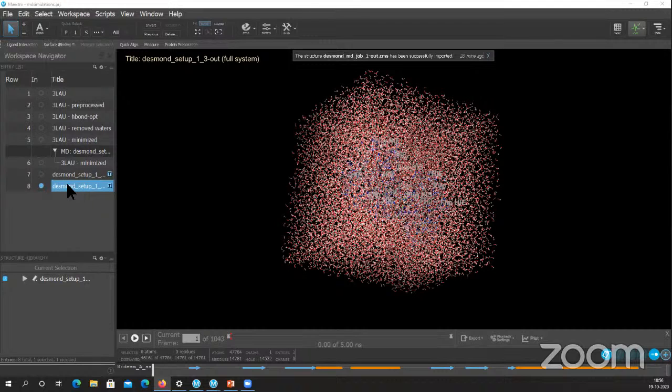We chose NPT ensemble. We chose a thermostat, barostat. We looked at different options that you can choose. We relaxed the system before we did the production run. We ran the simulation, which we didn't do for this particular case, but you're going to do it on your Linux machines. And then after we looked at the analysis for the simulation, we looked at the trajectory first in the workspace. And then after that, we also looked at the different playback settings here. And then we also looked at the simulation interaction diagram, where we looked at all the analysis that you can